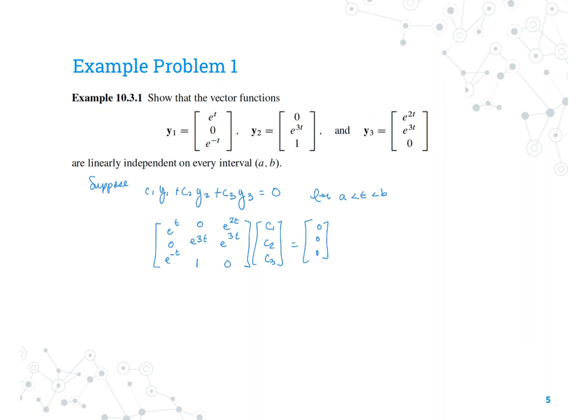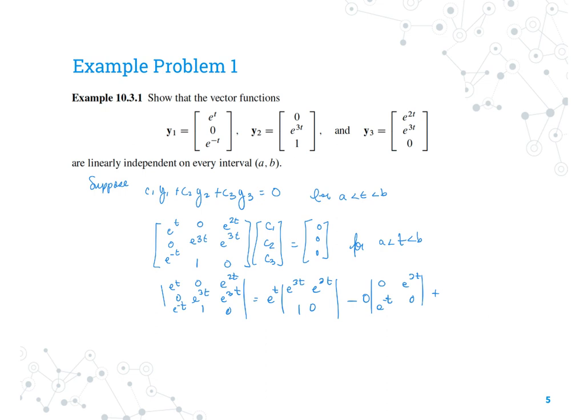So if we expand this matrix and look at the determinant, we would find that the determinant is e^t times the determinant of e^(3t), 1, e^(3t), 0, minus 0 times the determinant of e^(-t), e^(3t), 0, and plus e^(2t) times the determinant of 0, e^(3t), e^(-t), 1,